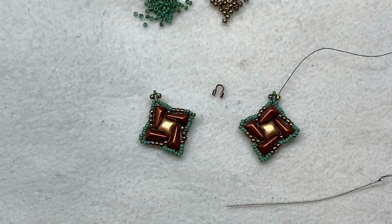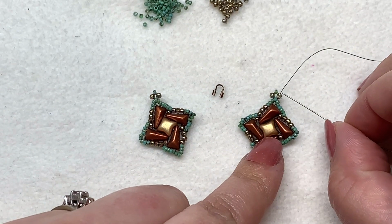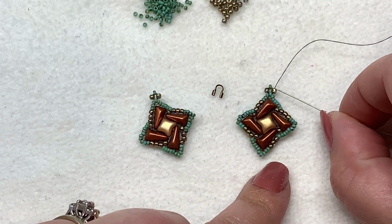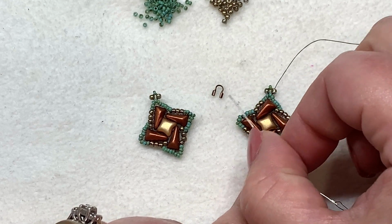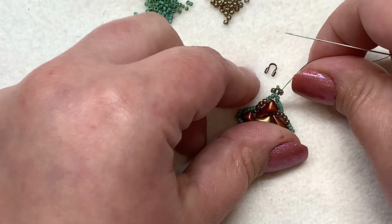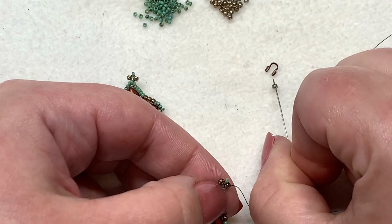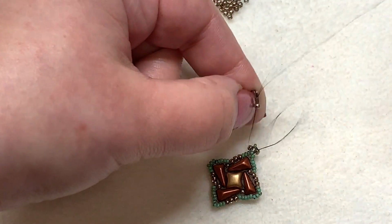All right, and welcome back. So I'm at the point where I have another one of these made and I still have some remaining thread. I have it coming up out of the 11-0 on the side of this picot right here. And we can just go ahead and add our wire guard onto the top of this. And to do that, you can just pick up an 11-0, go up through the right-hand side of the wire guard if you're coming out in that same area,